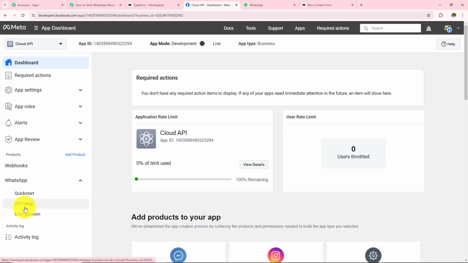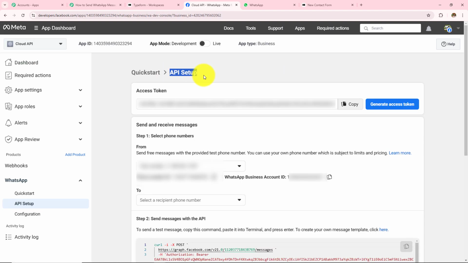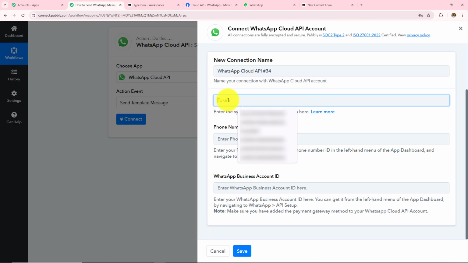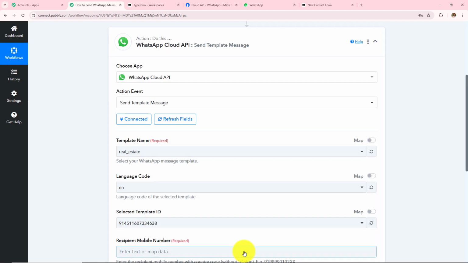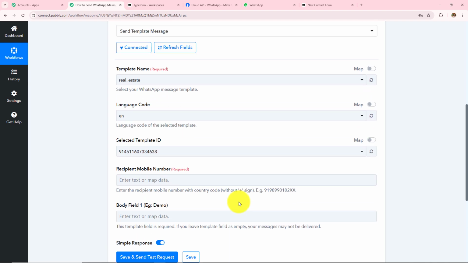So I will open this, and then I will go to this API setup. Now over here under this API setup, I am provided with the access token, phone number ID and the WhatsApp business account ID. So I am going to copy the access token and all the other details, and then paste all those details over here in these fields. Now after adding all these details, I simply have to click on save. And here WhatsApp Cloud API is connected with Pabbly Connect.